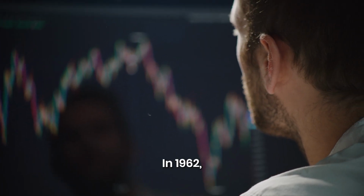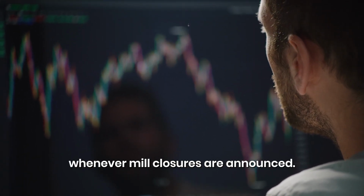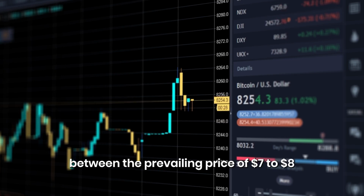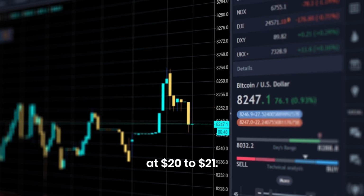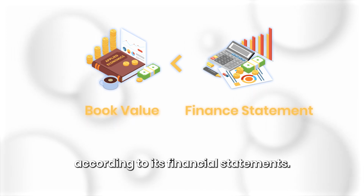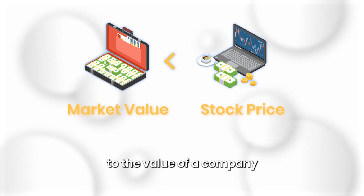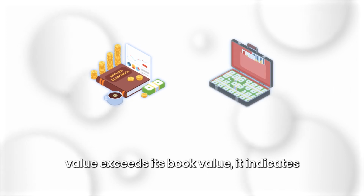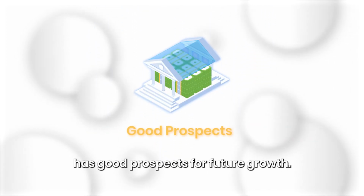In 1962, Buffett noticed that Berkshire's price tends to rise whenever mill closures are announced, and he thought there was a value gap between the prevailing price of $7 to $8 and the book value of the stock at $20 to $21. To explain, book value means the value of a business according to its financial statements. Market value, in turn, refers to the value of a company according to the stock market. Therefore, when a company's market value exceeds its book value, it indicates that investors believe the company has good prospects